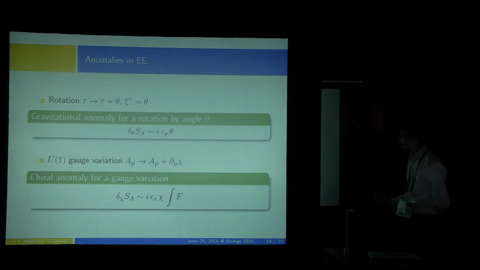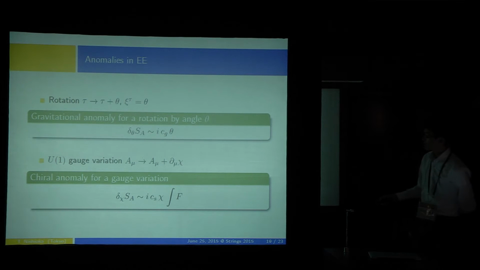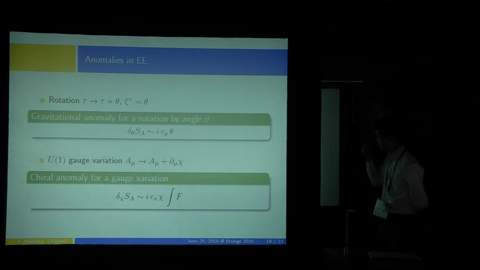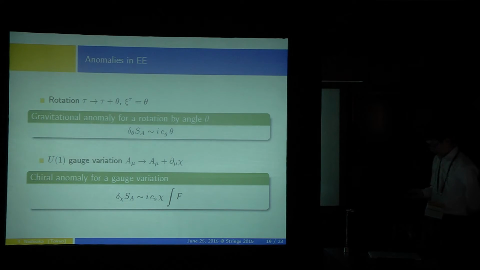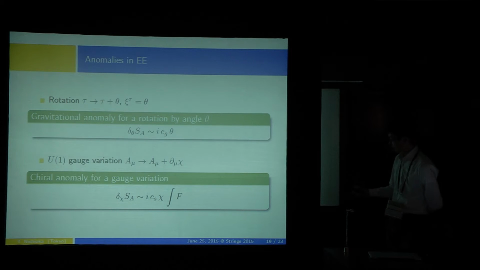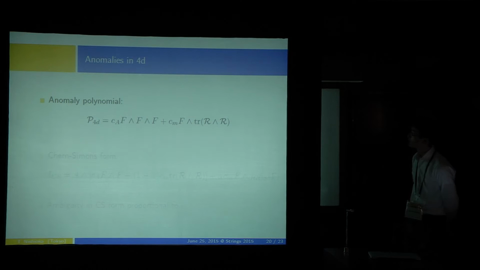So I have to somehow analytically continue the configuration of the gauge field on the replicated geometry. I have some assumption for that. But anyway, under such an assumption, I get this result. Such an assumption should probably be verified by using another method. But anyway, this is a preliminary result. Okay, so let me move on to the 4-dimensional case.